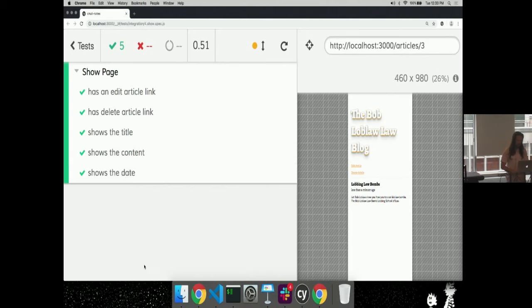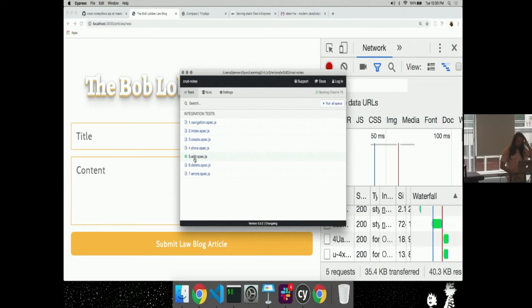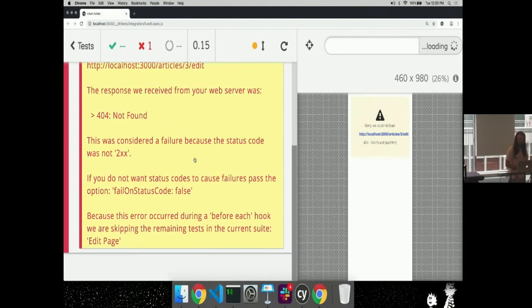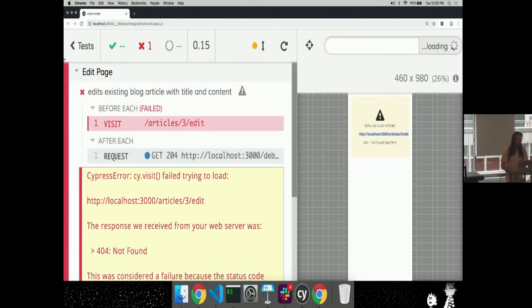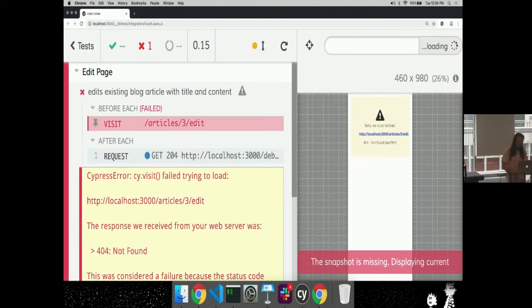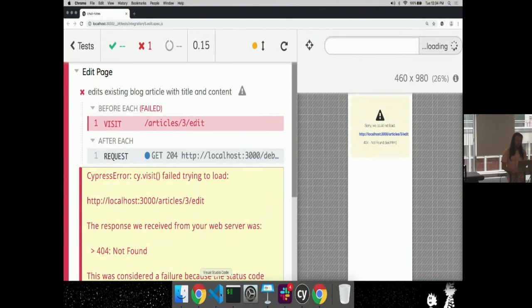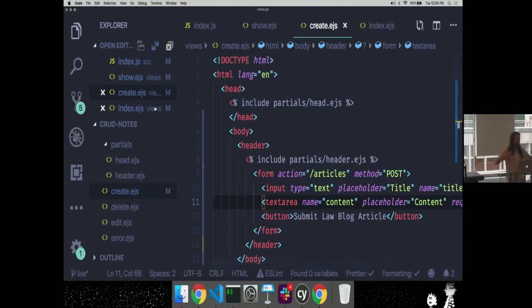So here, those are all passing. Great, we've done that. Let's do edit quickly here. I don't think we'll do edit and delete because they're so similar. But let's at least get this one going. This one's failing because we do not have an edit route. It's going to try and edit article 3 right now, because my tests actually load that same data.